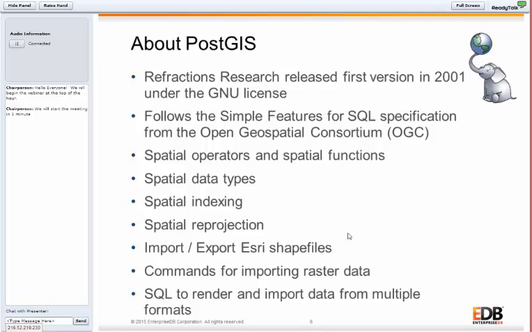Importing Esri shapefiles can be done at the command line using shp2pgsql, which should be in your Postgres bin directory after you install PostGIS. There's also a shp2pgsql GUI loader. The GDAL library has ogr2ogr, which has support for shapefiles to and from PostGIS, along with a number of other different data formats. And just as there is shp2pgsql, there is also raster2pgsql for loading raster files to a table with the spatial data type raster.